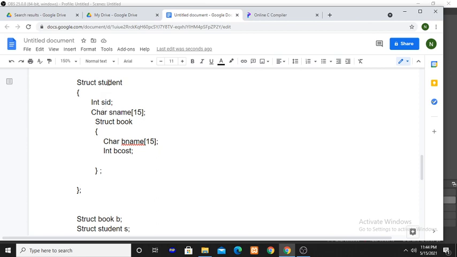Book name, b name, and book cost, b cost are the members of the book structure. So there are outer structure members and inner structure members.